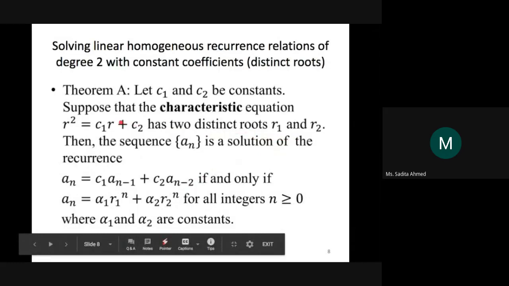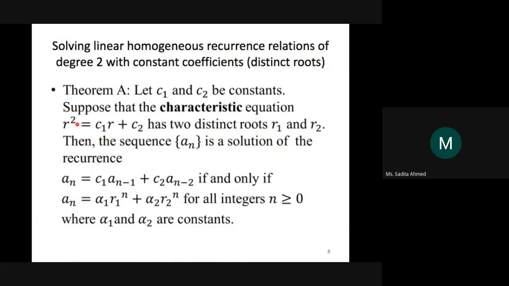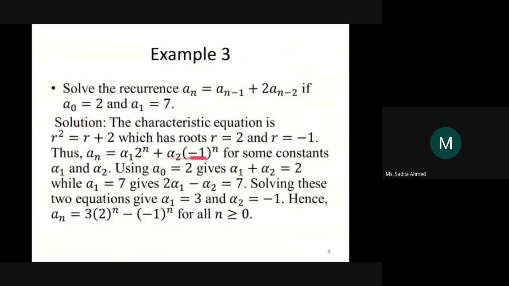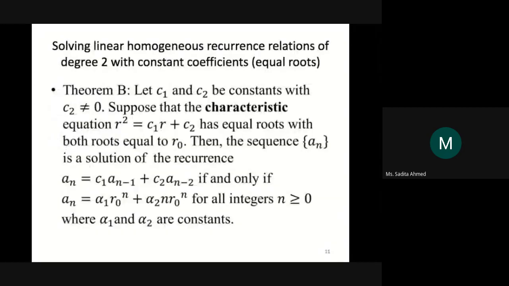You get equal roots. Let's say you have a recurrence relation of degree 2 where C2 will never be equal to 0. If C2 were equal to 0 we won't get a situation where it's degree 2. So assuming that C2 will never be equal to 0 for the sake of degree 2, for the same kind of recurrence relation of degree 2, if the characteristic equation yields roots of the same value, that is yields equal roots,